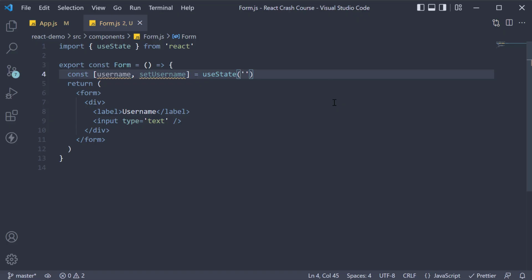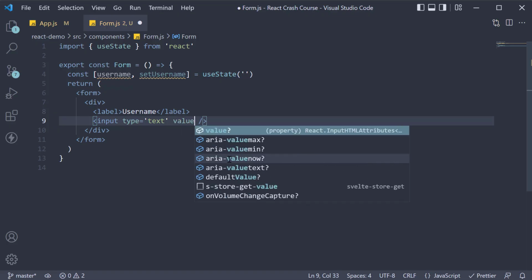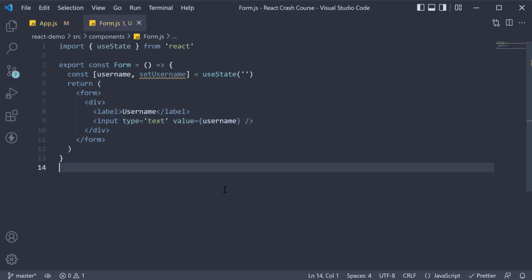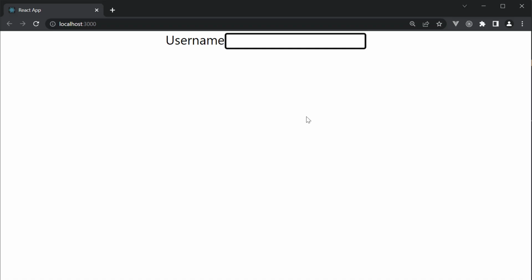Now for the second step, on the input element, we assign username to the value attribute. So value is equal to the username state variable. Now if you save the file and go back to the browser, and try to type in a username, you're going to find out that the input doesn't reflect the changes. Which brings us to the third step,